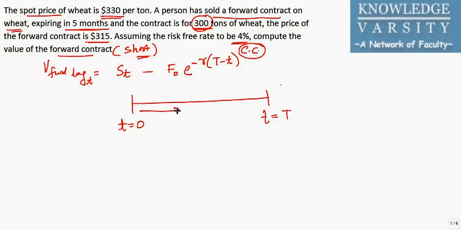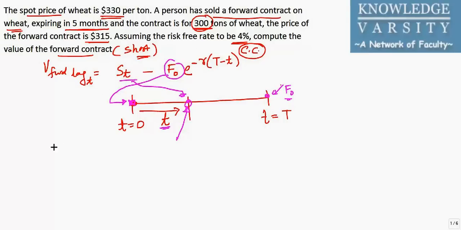After you have entered into the contract, a small time t has passed. Now we need to compute the value of the forward contract at this point in time, that is after this small time t has passed. So we are asking what the spot price is at this point of time, and F0 is the price at which you entered the contract. Obviously this F0 is to deliver the product at F0 at capital T. So this is the formula. Now if you put these values in the formula, we can easily solve the problem.